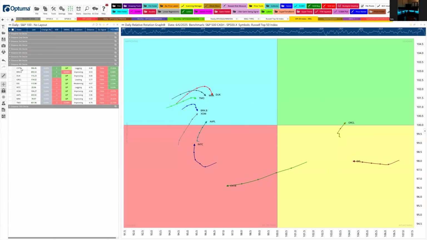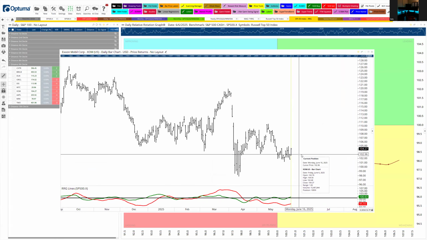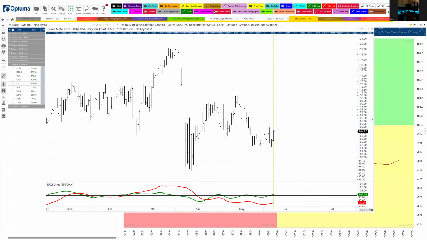So we have Charter, this was a Duke, Oracle. The Oracle is rotating back here. I believe they have earnings coming next week. I have to look. Disney is back here. See, it's weakening, so there's nothing to really buy here because it's already weakening. Intel, XOM. Energy, I'm watching this. I looked at them yesterday as well. I had them on my chart, but